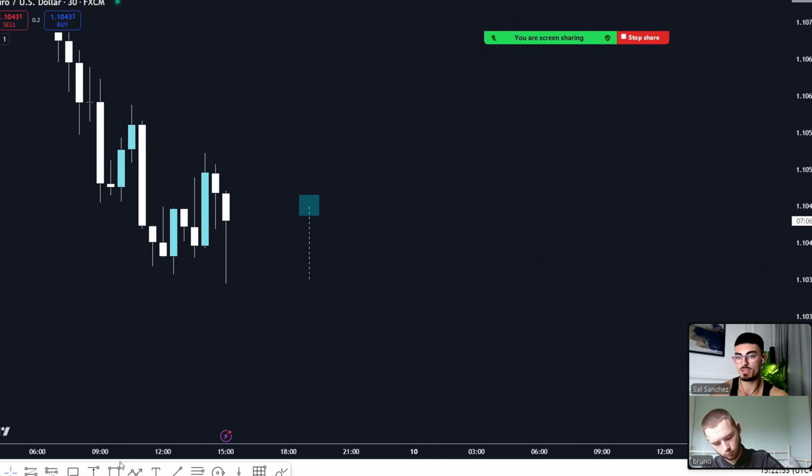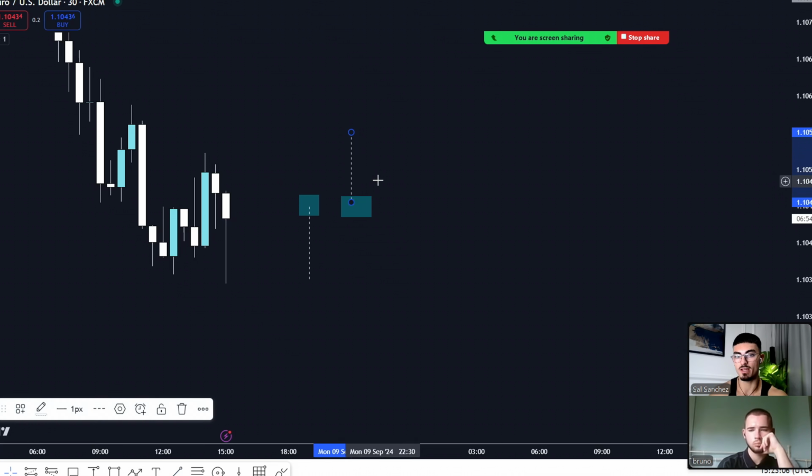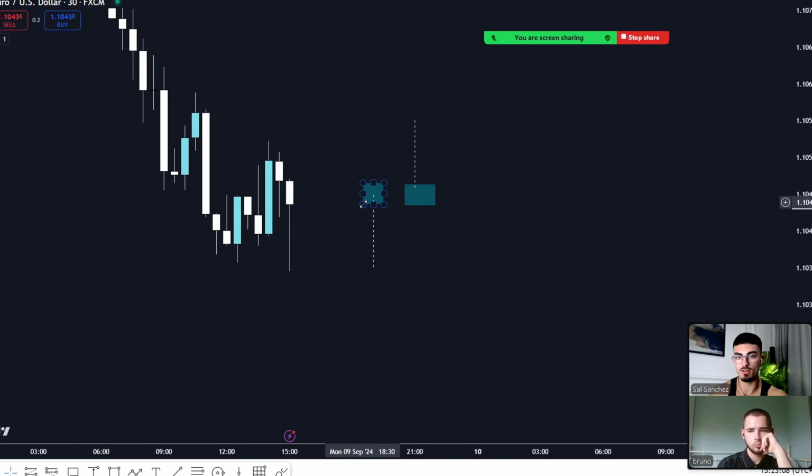An example of a bearish pin bar would be something like this, where the candle's going to look like that, and then we're going to have a long wick rejecting from the upside, okay? So it's going to look something like that. Basically, the opposite of what we're seeing here. So this would be a bullish example, right? But then something like this would be a bearish example because we've got a long wick rejecting from the upside, which tells us that